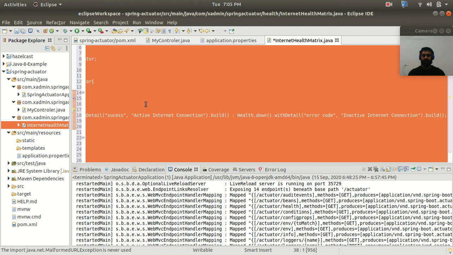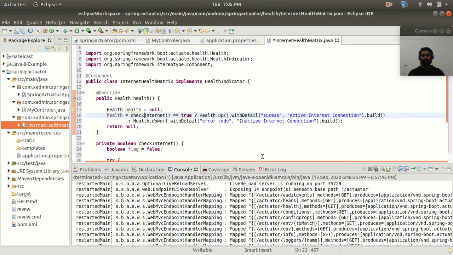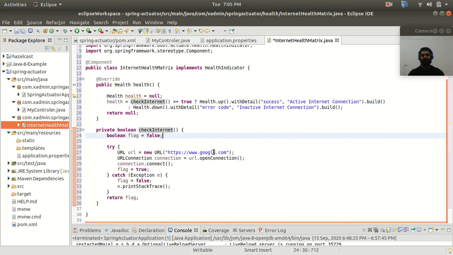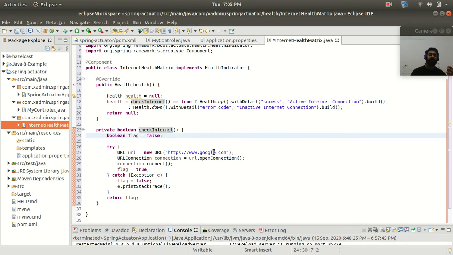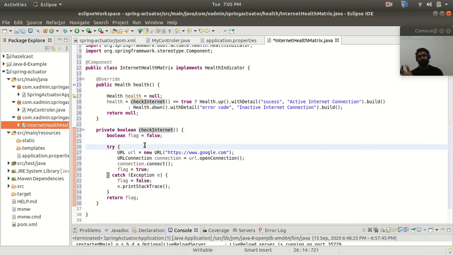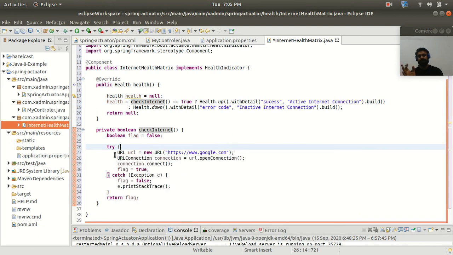So let me rearrange it. So guys, I have created a customized health metrics class to provide us customized information. It is going to check the internet connection of my local machine. If the internet connection of my local machine is off or not working, then it is going to provide us false, and it is going to show us an error code with the inactive internet connection.